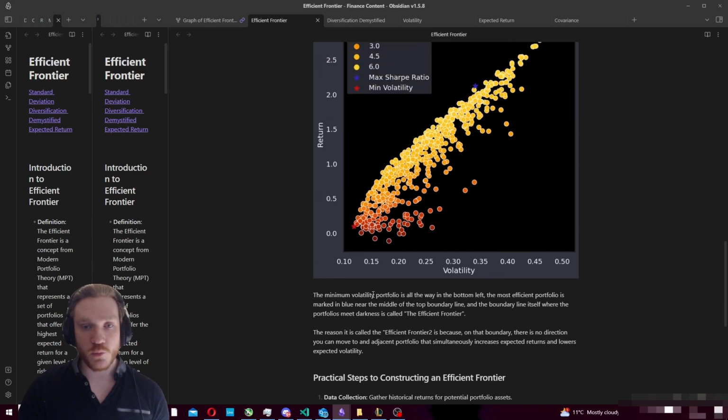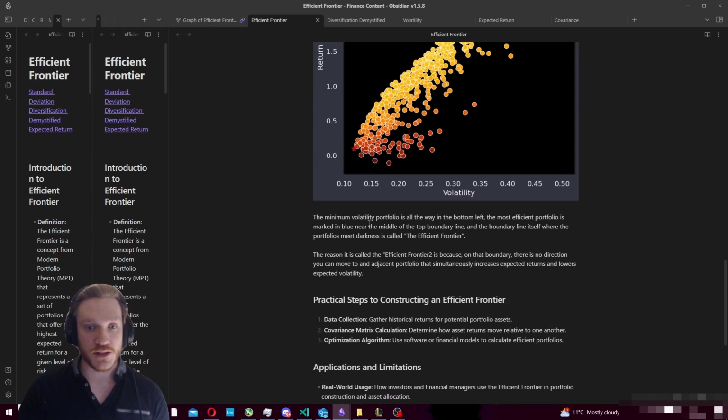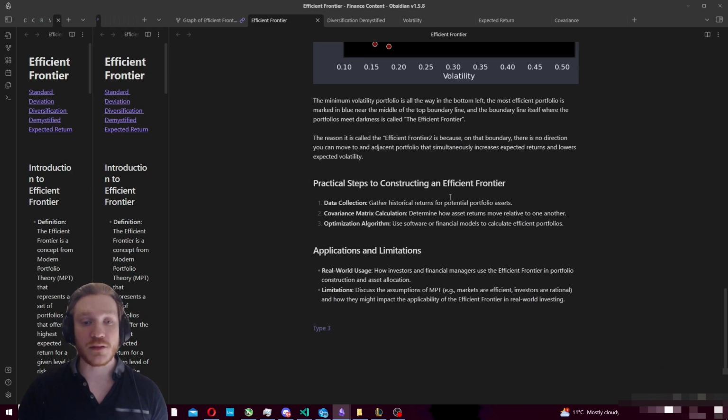And then you could work out your maximum volatility portfolio using a similar method, the inverse, and then you could find all the linear combinations of those portfolios to plot out this frontier. If you don't want to get that in depth with the maths and the linear algebra, what you could do